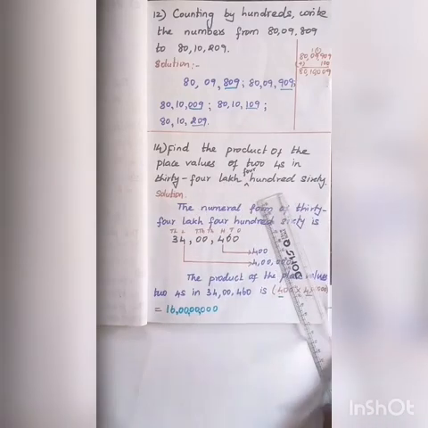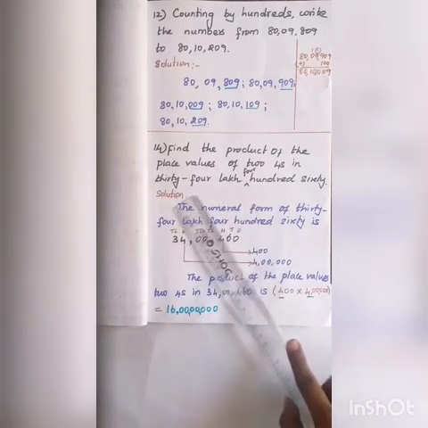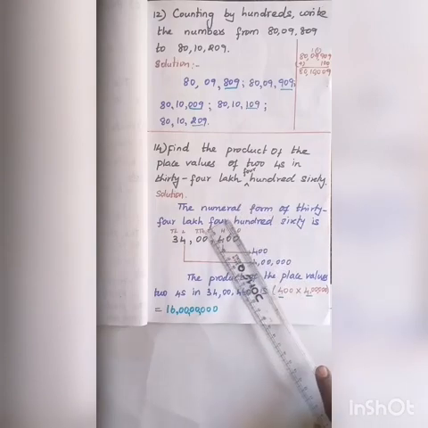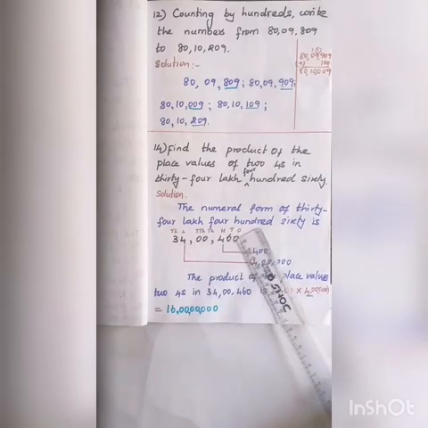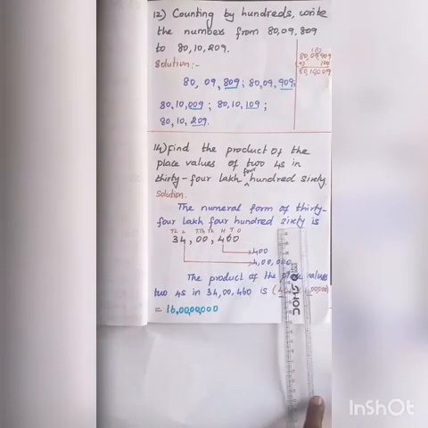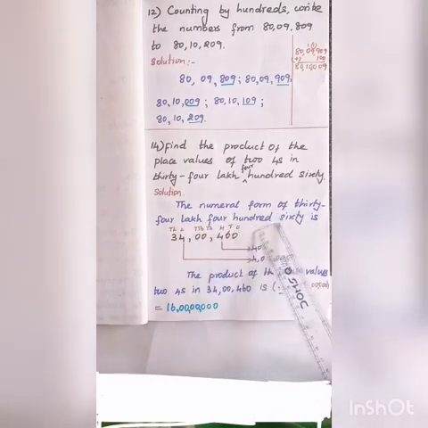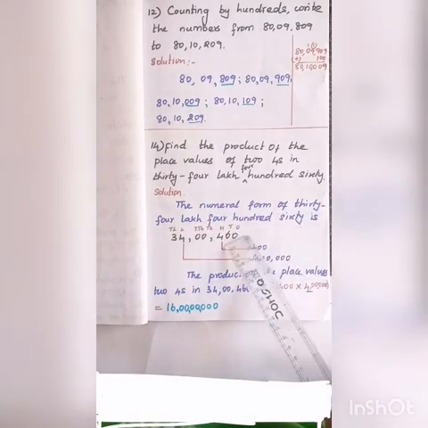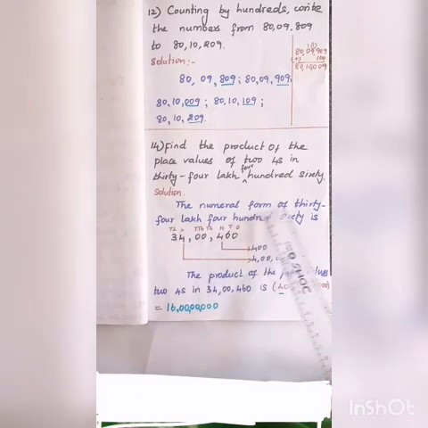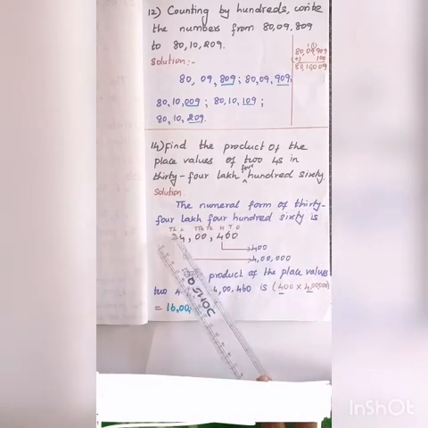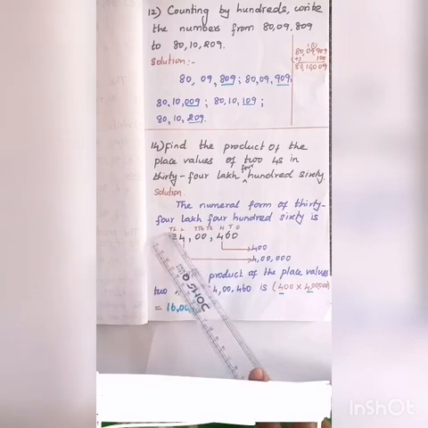34,460. Here they have given the sum in the form of words. So first you convert this word form into the numeral form. So solution, the numeral form of 34 lakh 460. For that you have to put ones, tens, hundreds, thousands, ten thousands, lakh, ten lakh. Here what have they given? 34 lakh. So in the lakh and ten lakh places you put 34: 3 in ten lakhs place, 4 in lakh place.